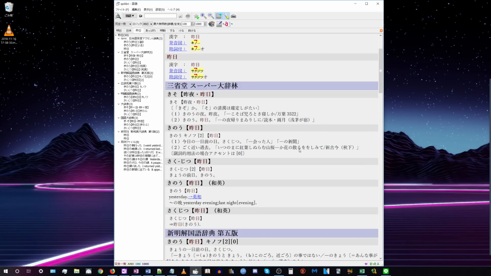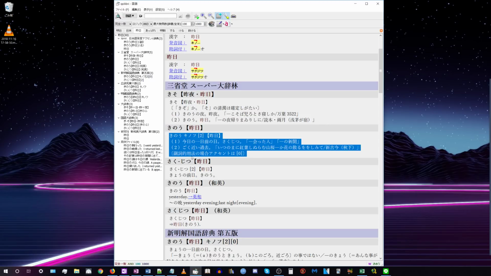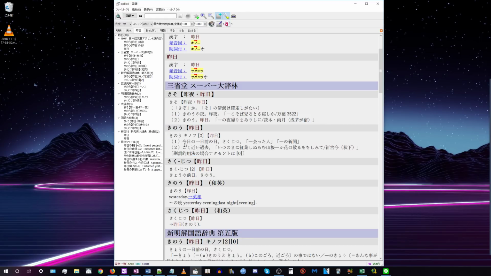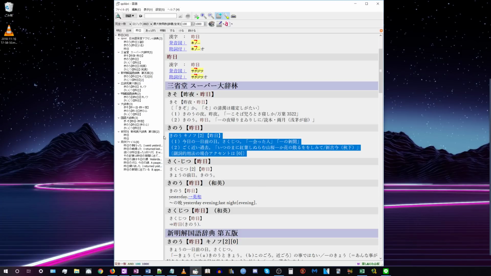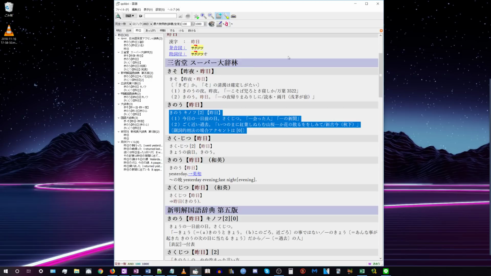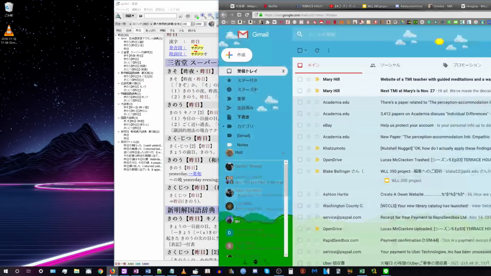And so when you're making cards, I recommend taking all of this information, because you have nothing to lose taking more information. There's no real point in going in and deleting information out of the dictionary, because later on when the card comes up in a few years and you're much better at Japanese, there's a chance that you might care about some of this information and it might be useful to you. And if not, you're not losing anything by having extra information. So I would just copy everything, because you never know what's going to be useful in the future and you have nothing to lose. So yeah, there's that.